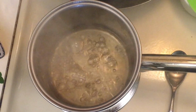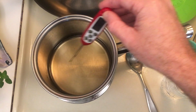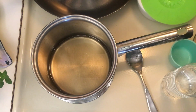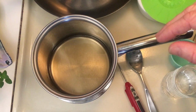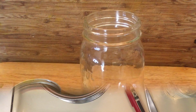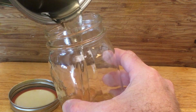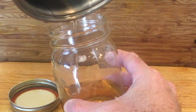So we'll let that cool. Okay, now it's had some time to cool down, about 100 degrees. It's not too bad. And we're ready to put it in a jar and put it into the fridge for use for later. I like to just use a small mason jar to put the simple syrup in and put it in the fridge